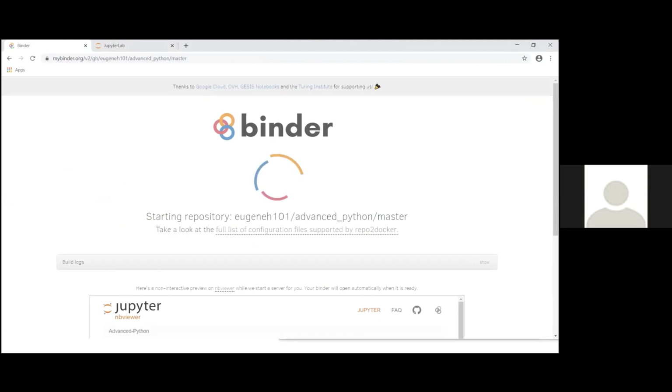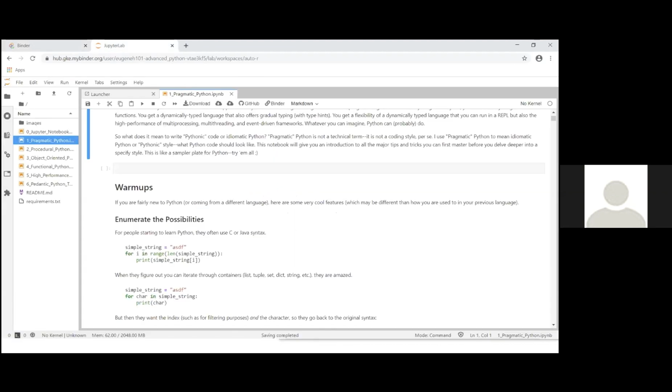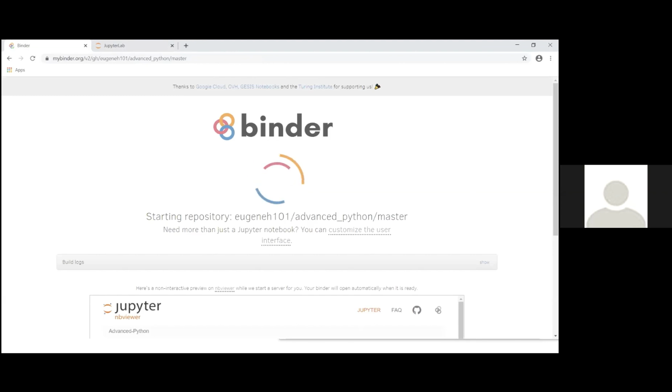But basically, mybinder.org allows you to automatically clone any repo, set up the dependencies, requirements.txt and so on, and run the code in the browser for free. And hopefully, we'll see if we can overwhelm mybinder.org today.